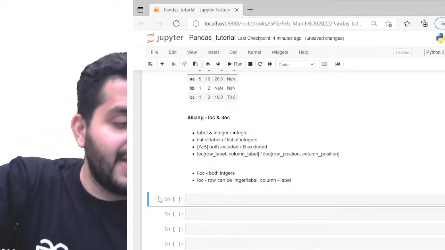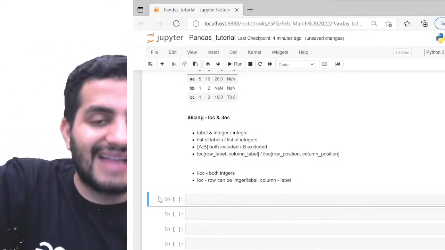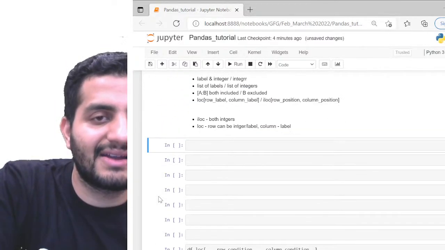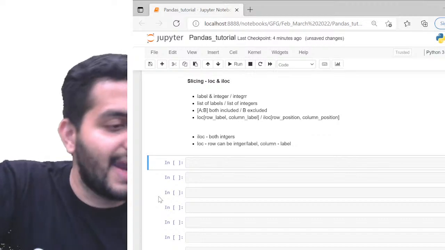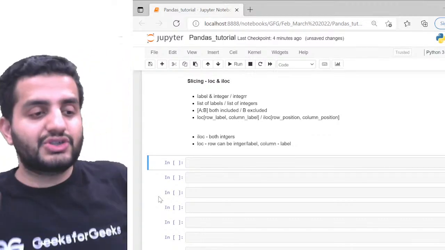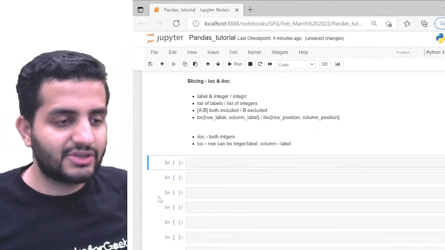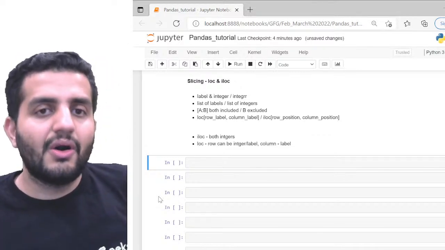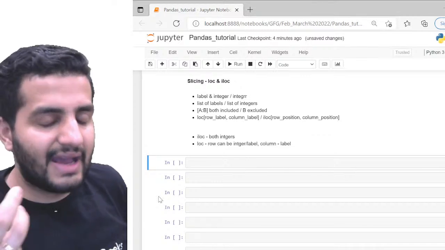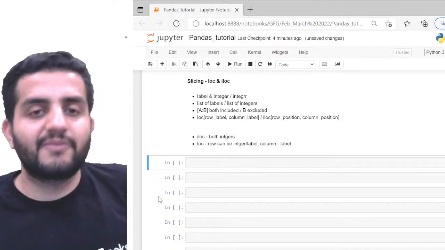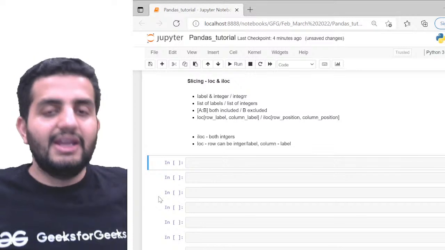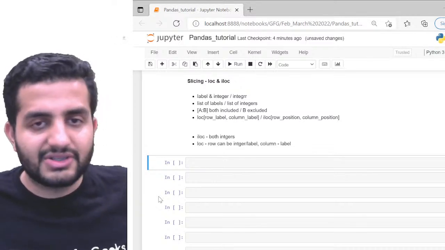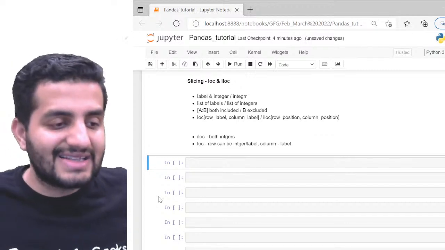Now we have a very interesting topic: slicing the data frame. Slicing means we might not need the entire data frame to work on, right? We might need to access a particular section of my data frame to do the analysis. Maybe a certain section of rows, a certain section of columns, or the entire set or a subset of my rows and columns. Any permutation and combination is pretty much possible in terms of my row and column iteration, right? So that is where slicing comes into the picture.